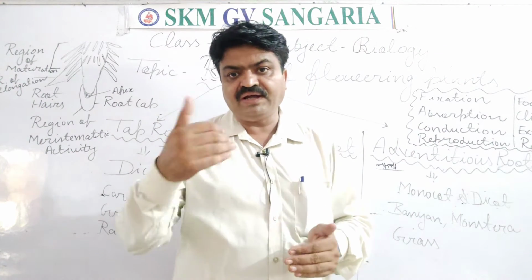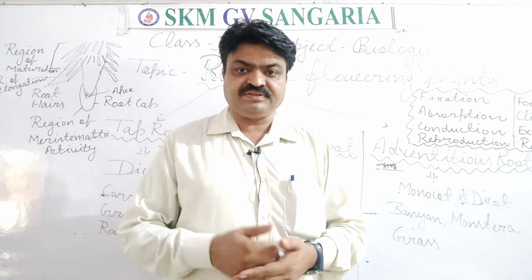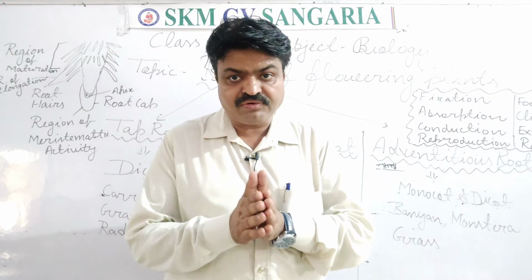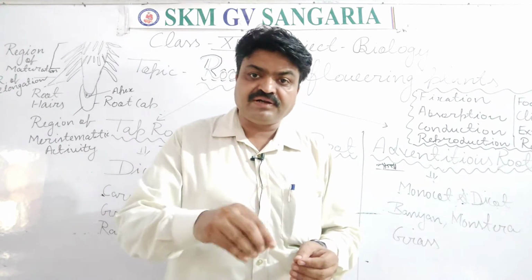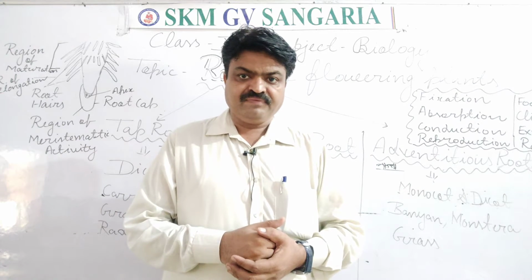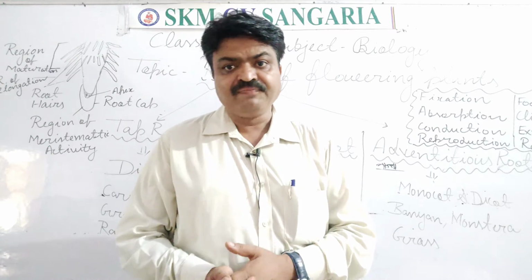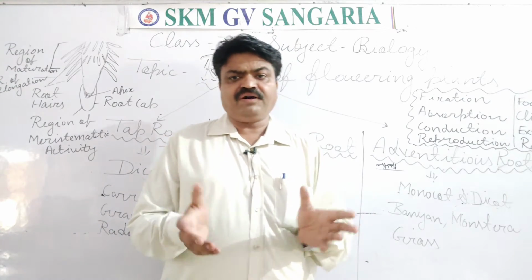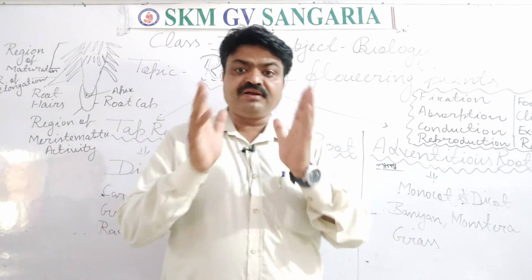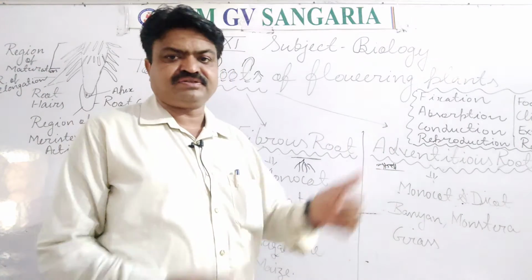Because with the help of that, the plants perform the different functions. Those adventitious roots are not found inside the ground, student; they may be found at the shoot. With the help of that, they perform different functions, like in the plants that are found in marshy areas. So they have the aerial roots. So aerial roots are an example of adventitious roots.